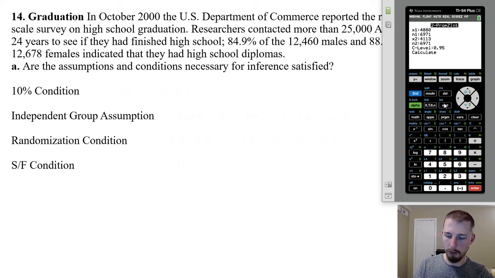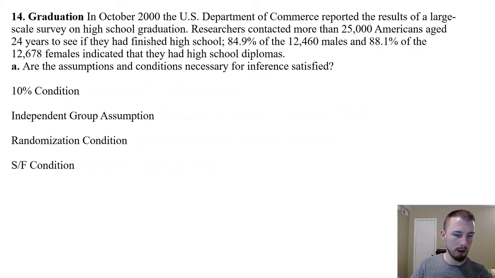Okay, so I'm going to do 0.849 times the number of males. Since that was rounded, we want to round that to the nearest whole number, because we can't have 0.4 or 0.54 males, out of a total of 12,460. And then for the females was